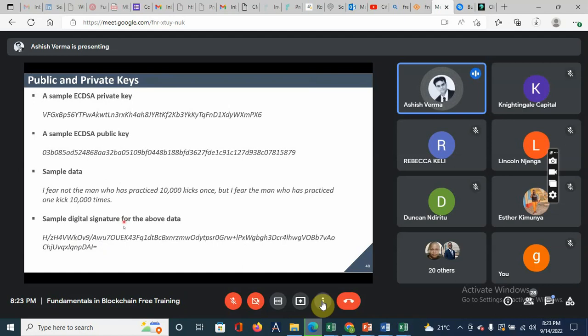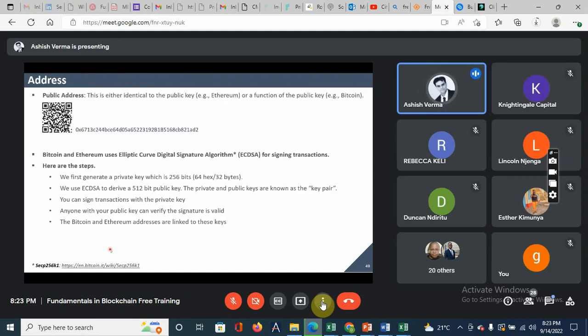This whole process is followed in Bitcoin also. That's why we are going to get a feel of it. You don't have to go into it exactly, because the machine does all this, but it's just to get a feel of what is happening in the background. So this is what the private and public keys do.